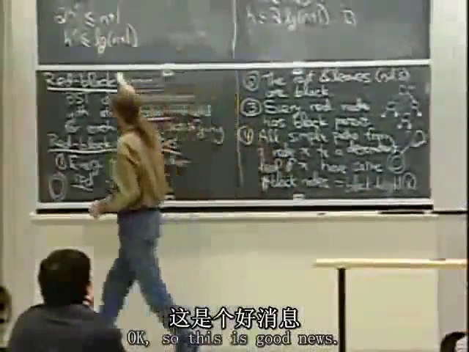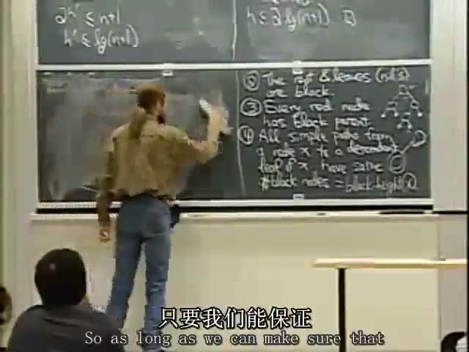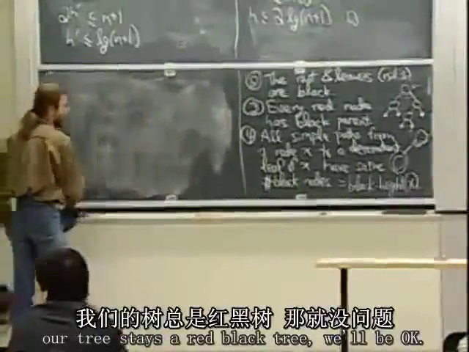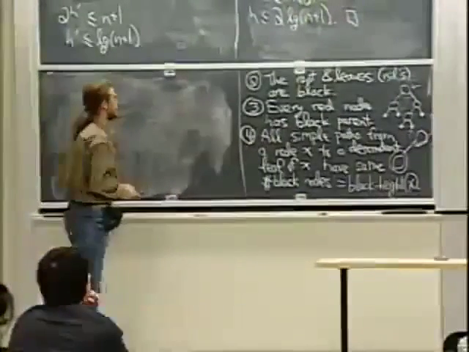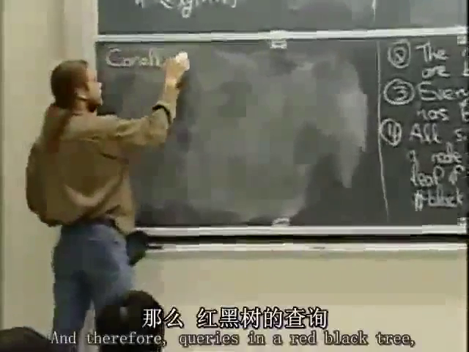So this is good news. We now know that all red-black trees are balanced. So as long as we can make sure that our tree stays a red-black tree, we'll be okay. We'll be okay in the sense that the height is always log n, and therefore